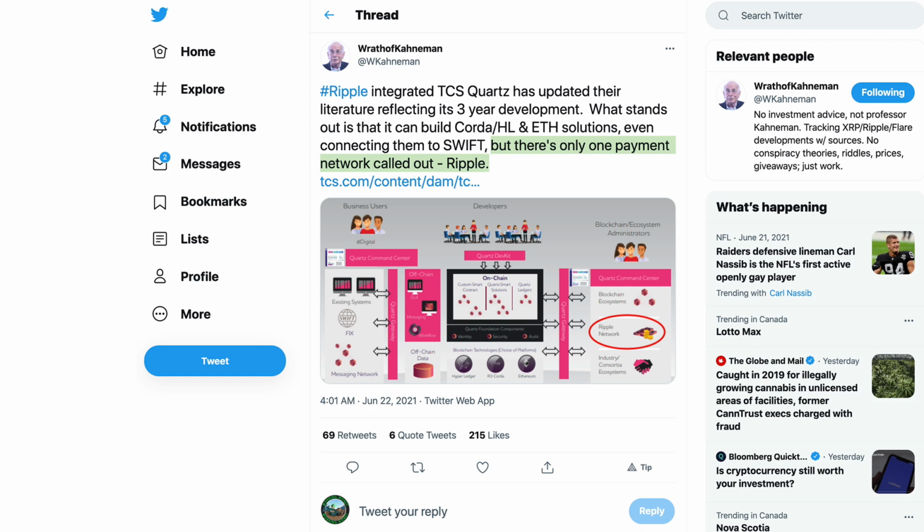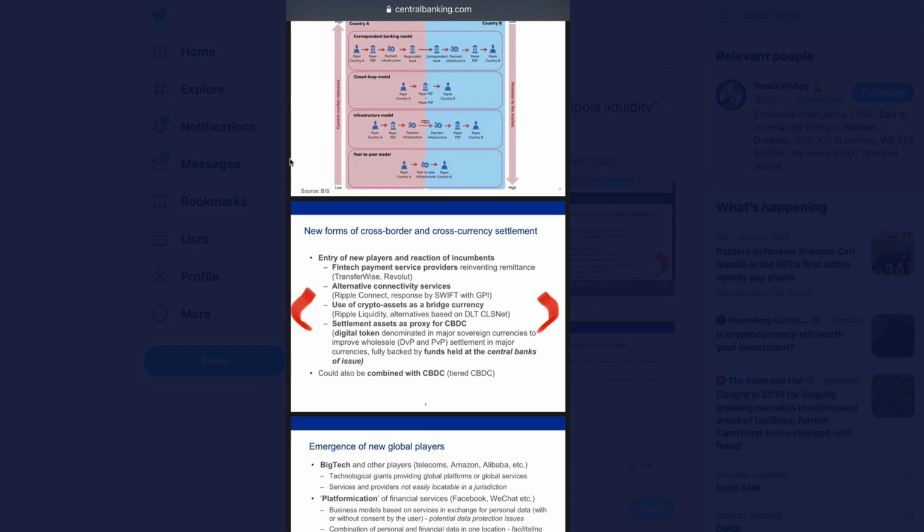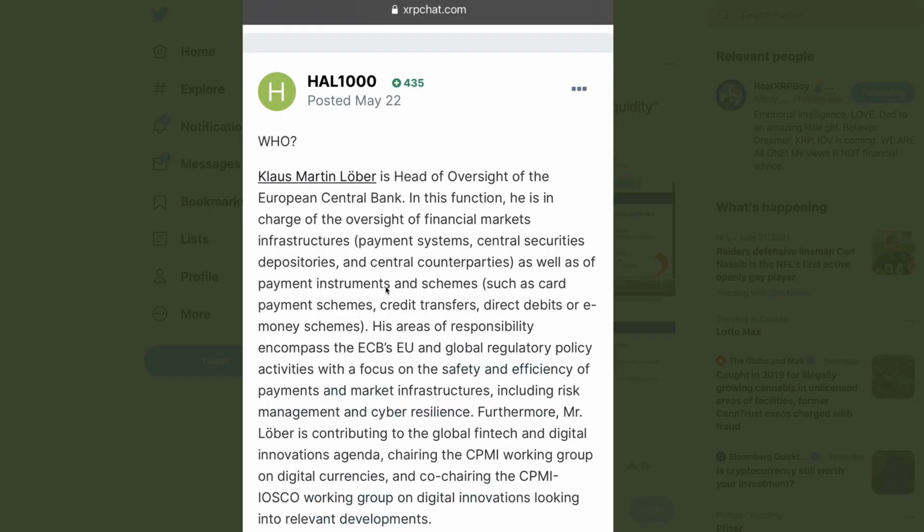We also have to remember, of course, guys, the central banks, and this was from last month, but I wanted to bring it up again just to remind you guys, Klaus knows what's up. Well, sort of. Ripple liquidity, kind of a funny way to describe it. This was just a PDF coming from centralbanking.com. Again, it is linked in this tweet here, but Klaus Martin Lober, he is the head of oversight of the